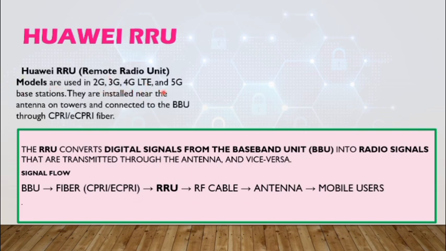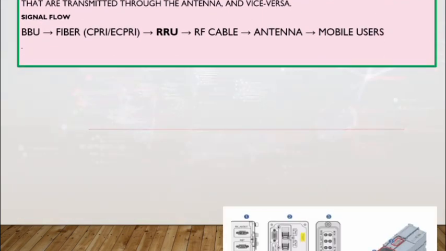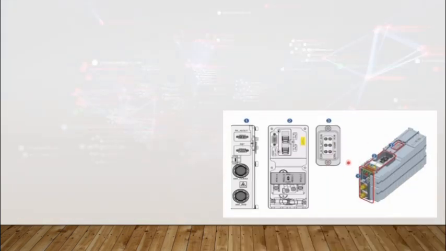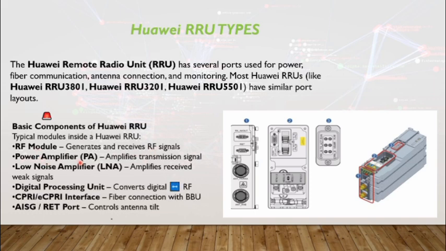So the first one is, what is the function of RRU? Actually, it converts the baseband unit into radio signals. As we know, in the BBU we have the fiber switch in which the CPRI cable is connected, which is known as the fiber cable, and it goes into the RRU, and from the RRU the RF cable goes into the antenna, and from the antenna we get services, as the antenna transmits and receives the signal from our mobile users. And we know that Huawei RRU models are used in 2G, 3G, 4G and 5G technologies,